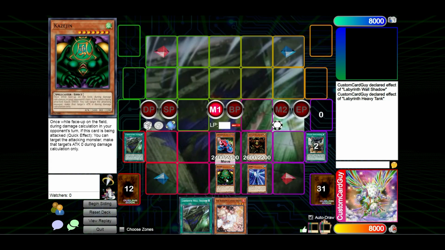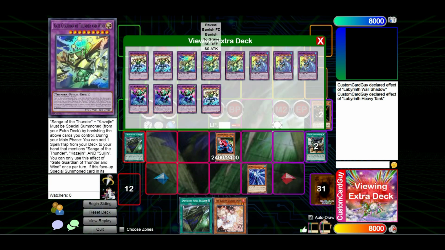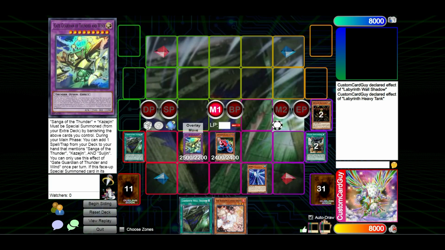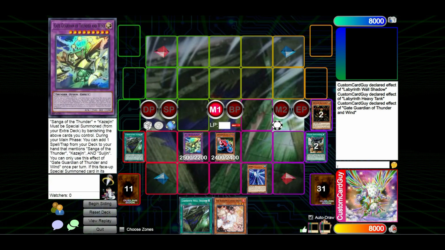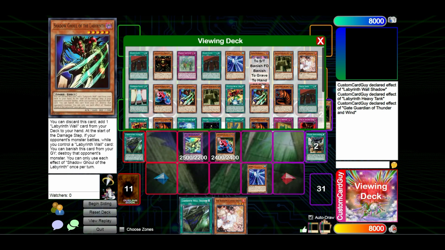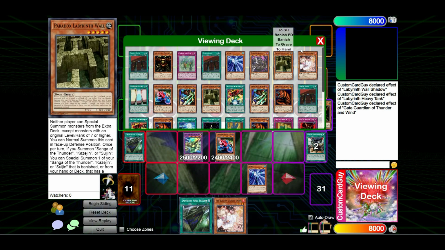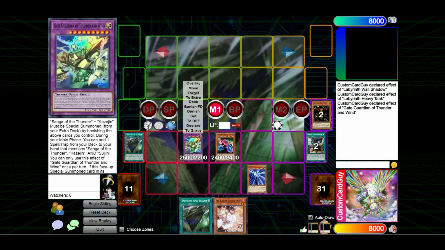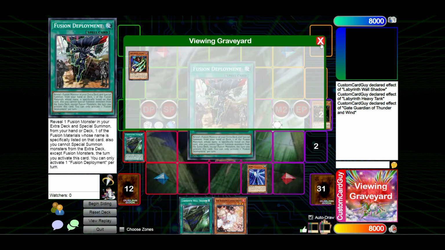So let's see, if we don't use Wind and Water, we don't use the combined, we could then go into the Searcher of the bunch, the Gate Guardian of Thunder and Wind, and use that guy's ability to, again, search a spell or trap that mentions the 3 pieces from our deck to our hand. And this kind of just depends on what the game state looks like. So I'm going to backtrack here just because there are some different combos that we could have done here. So if we, instead of using that Fusion Deployment,